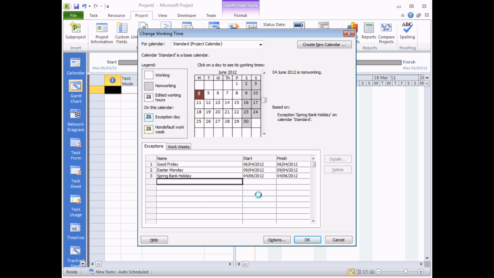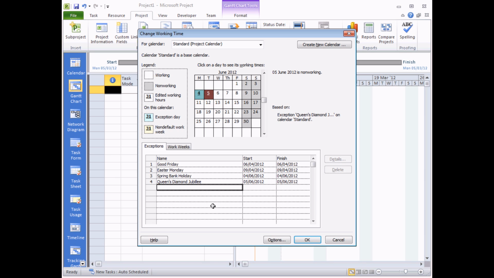There we go, holiday. And then, because here in the UK we're kind of unable to let go of our past, and we still think that the idea of a hereditary monarchy is a good concept, we've got the Queen's Diamond Jubilee on the 5th. So there we go, Queen's Diamond Jubilee. Not spelled correctly. I can edit that by clicking back on the same box and then editing the text and